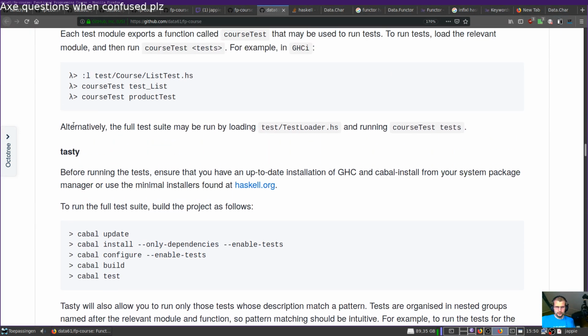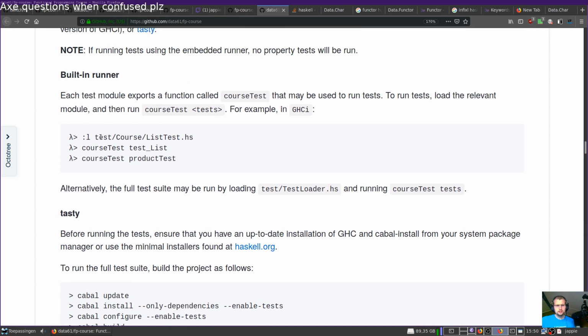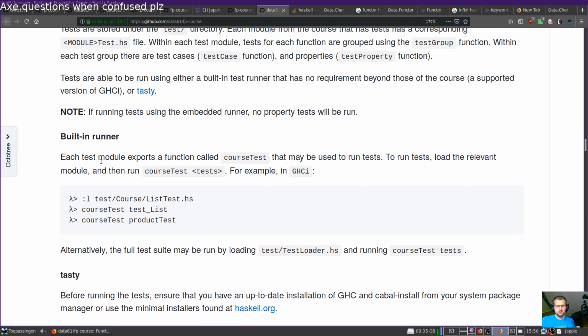The Haskell tooling, it's a bit painful. Maybe used to run test. To run test, load the relevant module and then run course test. Each test module exports a function called course test that may be used to run test.